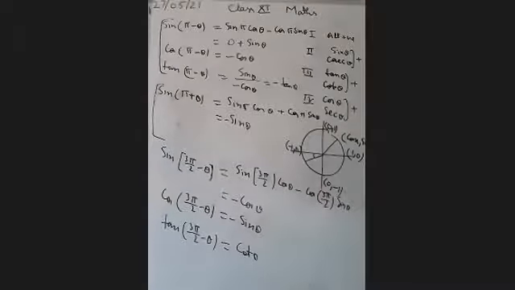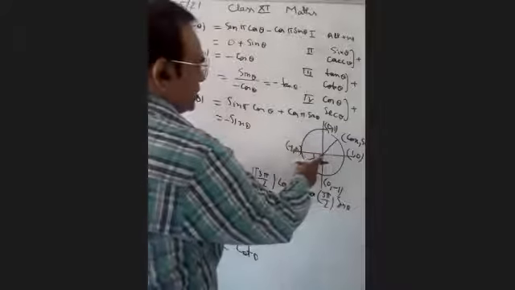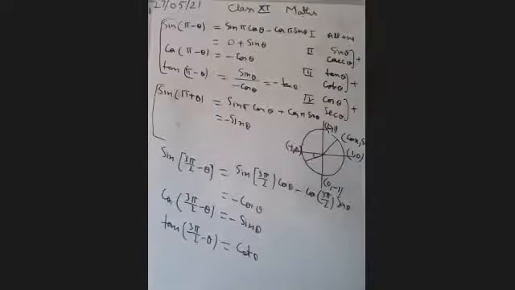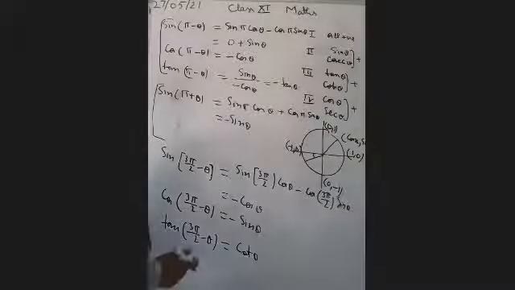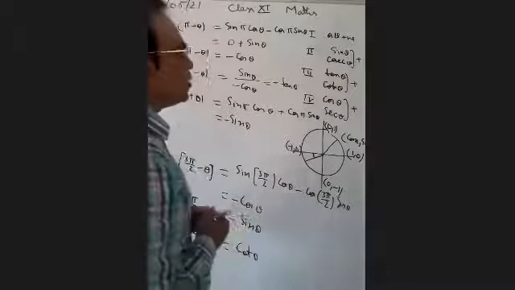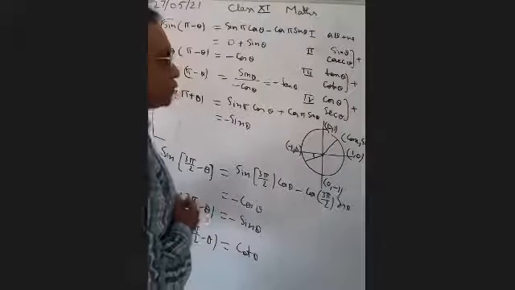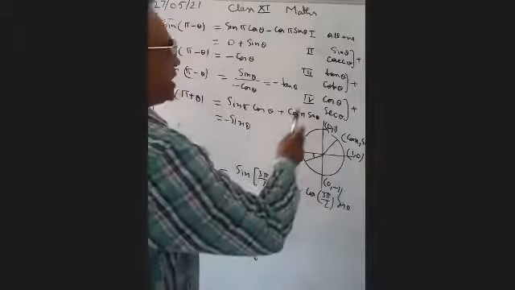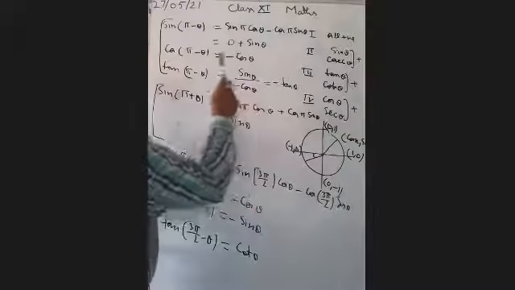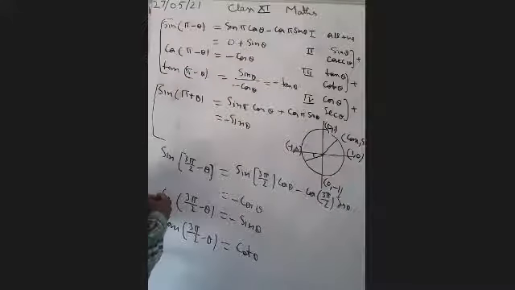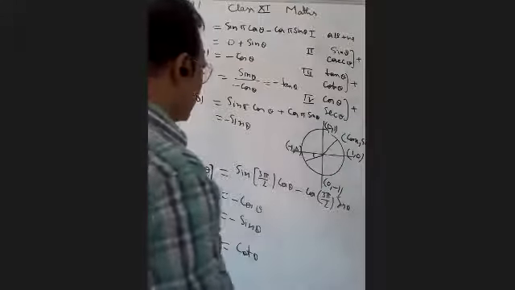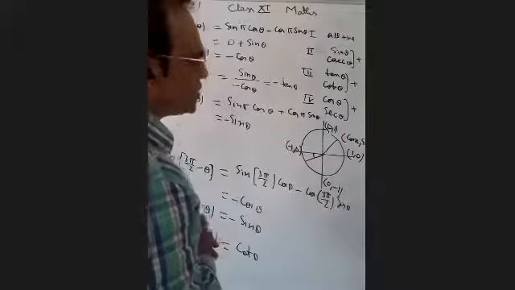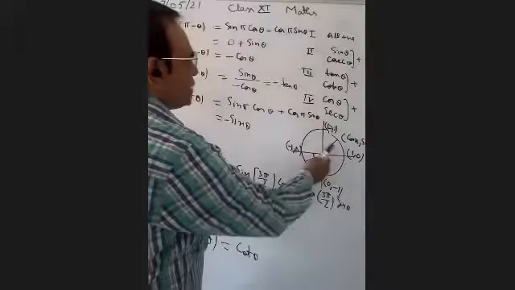It means 3 pi by 2 minus theta puts us in the third quadrant. In the third quadrant, tan is positive. That's why the value is coming positive. But it is converted into a co-function. Okay, it means wherever we have an odd multiple of pi by 2, it converts into a co-function. Wherever we get an even multiple, like 0, or pi, or 360, the value is coming as the same function. But the sign depends on the quadrant.